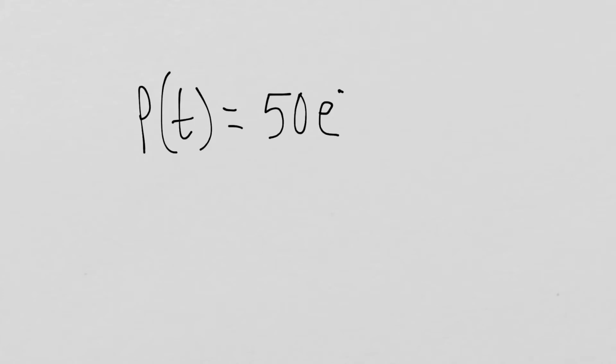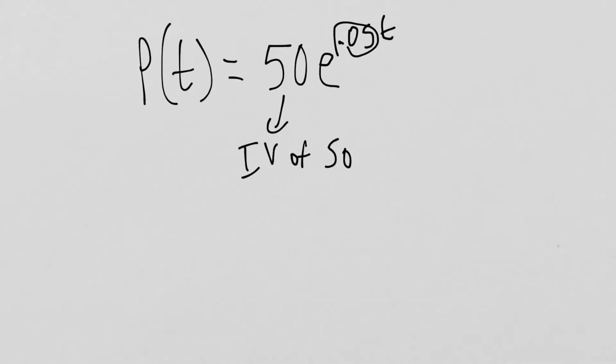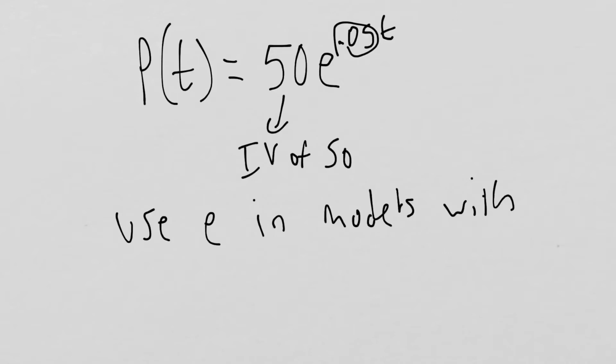So for example, if we want to look at a function like P of t equals 50 times e to the 0.05t, okay? This represents an initial value of 50, and this is representing exponential growth with a k value of 0.05, right? So this is a function where we're modeling exponential growth, and remember that we use e in models with continuous compounding,